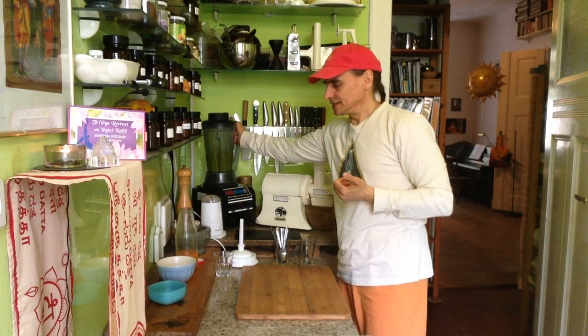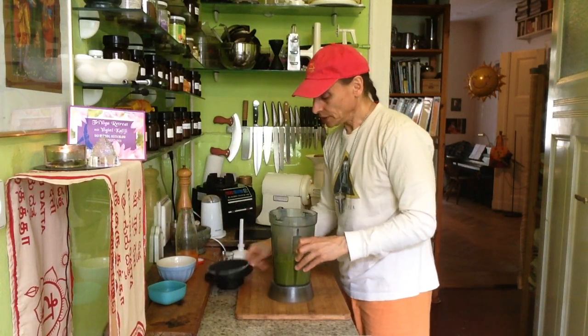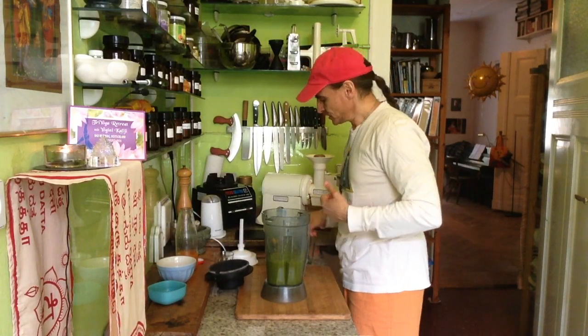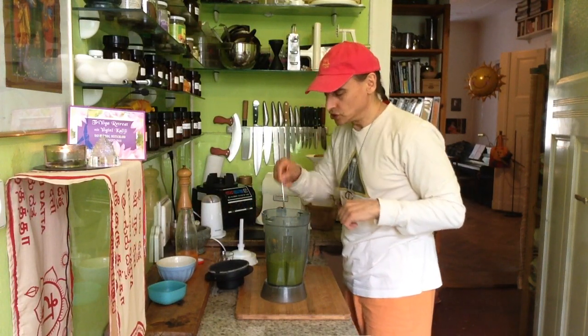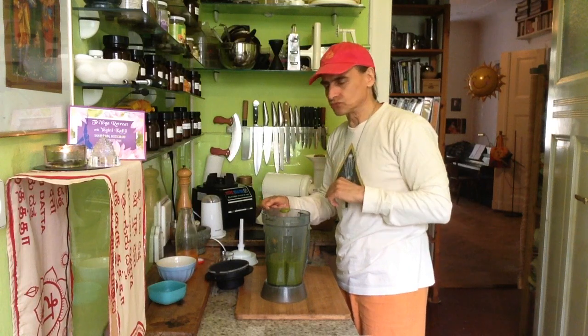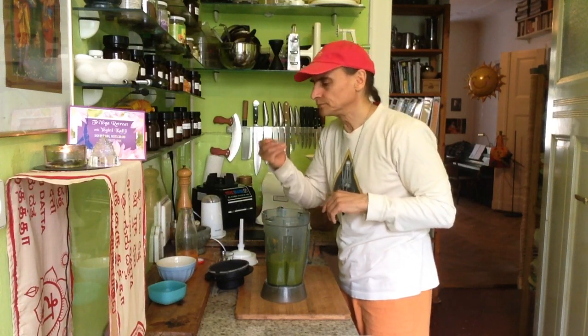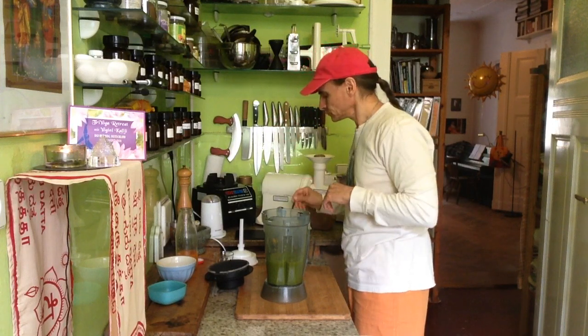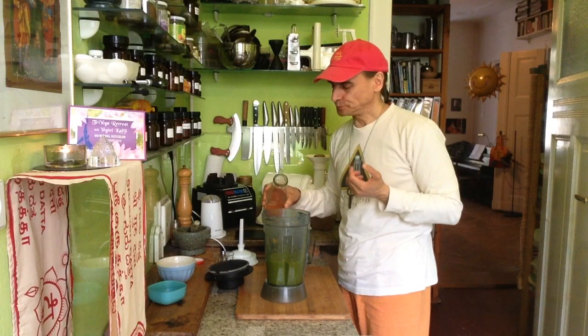Kale usually needs a little bit longer to blend smooth, and here what I can see is it is thick. So first I taste it, and I will put more orange juice into it. I thought it was right to use 2 or 3 oranges for 0.4 liters. Could have even used more. The flavor is very nice. Yeah, it's really a nice